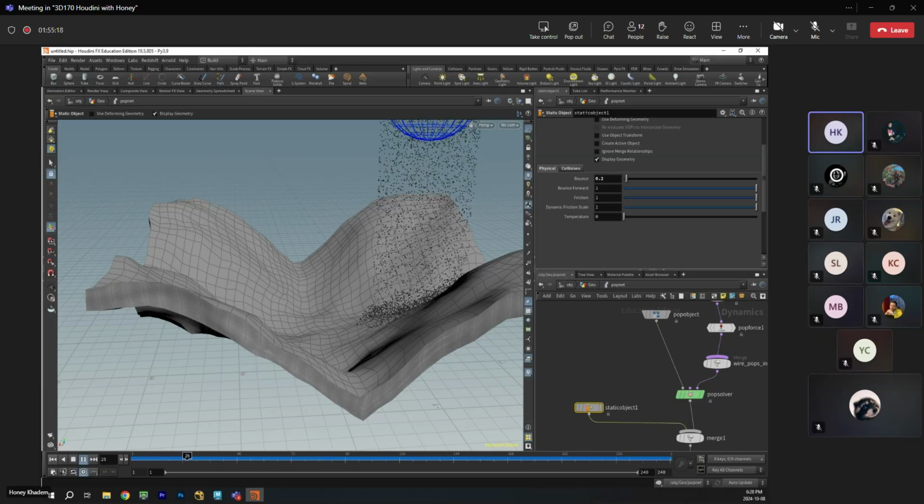Forget about this. Smoke. If you know smoke, what is smoke? Smoke is volume. Any type of smoke that you're doing, any type of fire, all of these are volume, right? The first thing that you need to know about volume is density.